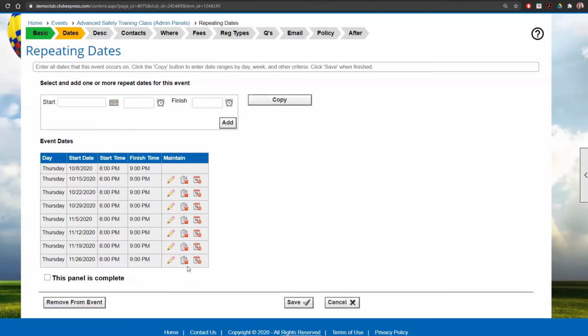So deleting the item just removes it from the list of dates that you've created here. You can, of course, re-add that date. If you aren't quite sure if you want to remove it entirely, you can cancel it and reinstate that particular event date if necessary. Now, this last date here falls on Thanksgiving, which is a holiday in the United States,